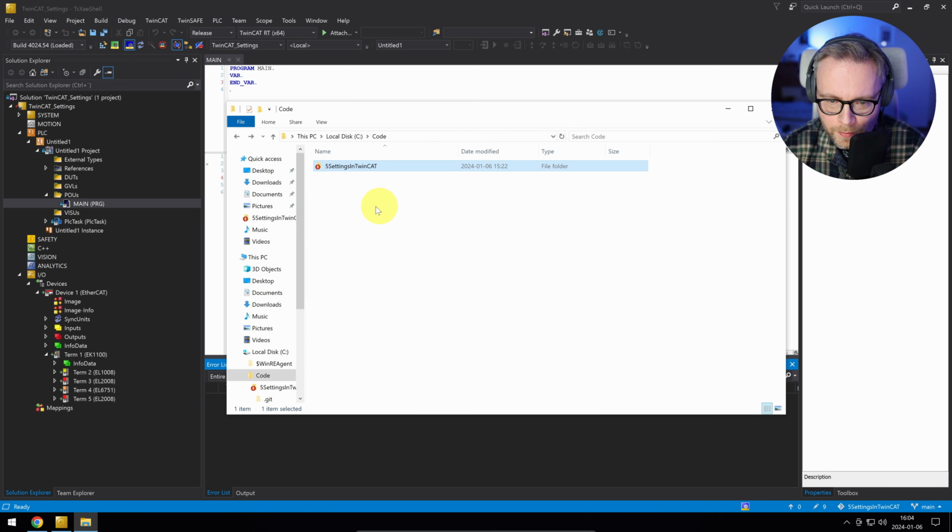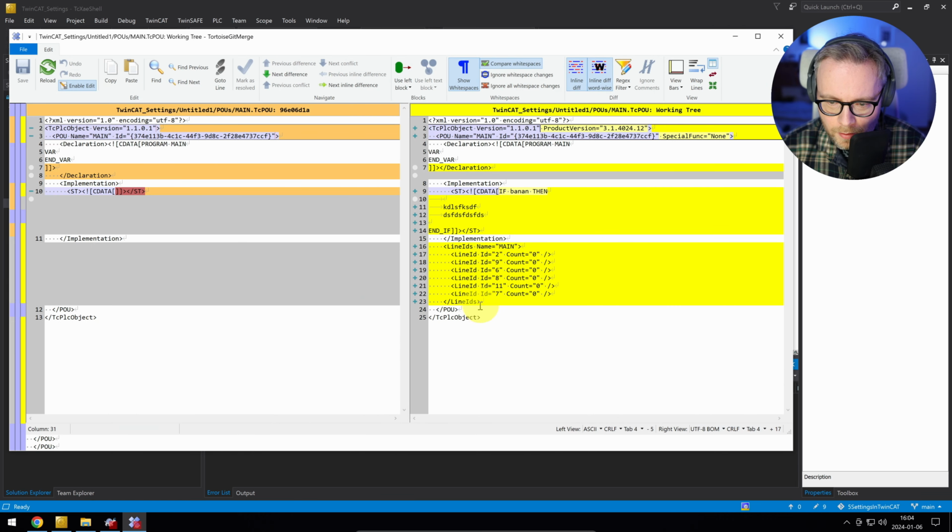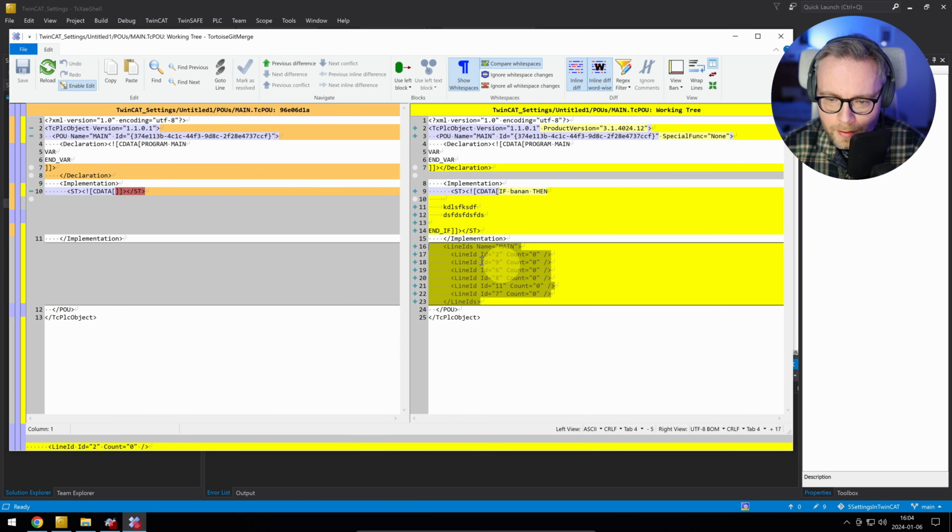If you go to main here, so if you just commit and look at the main, then you're going to see that TwinCAT adds these extremely annoying line IDs here, and you can wonder, what is this used for? My understanding is that it's used when you do online logins, then TwinCAT needs this information. When you do an online login or an online change or alike, during this time TwinCAT needs it. This is my understanding. And if anyone has a better understanding than me, you're of course welcome to write a comment below. But it is extremely annoying because as soon as you add a line or you do any changes,